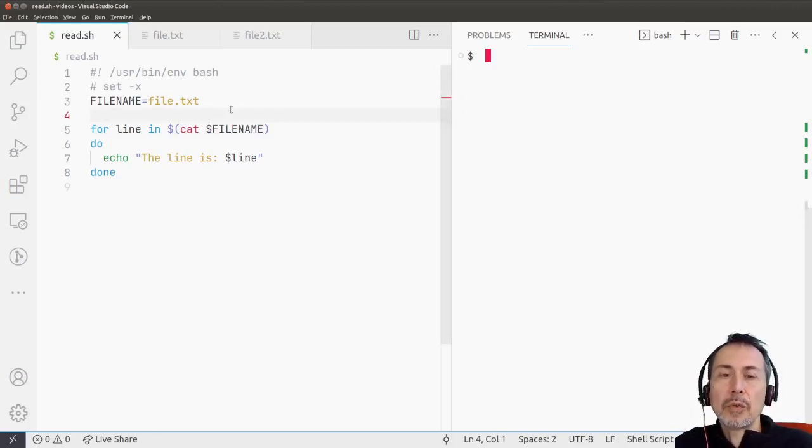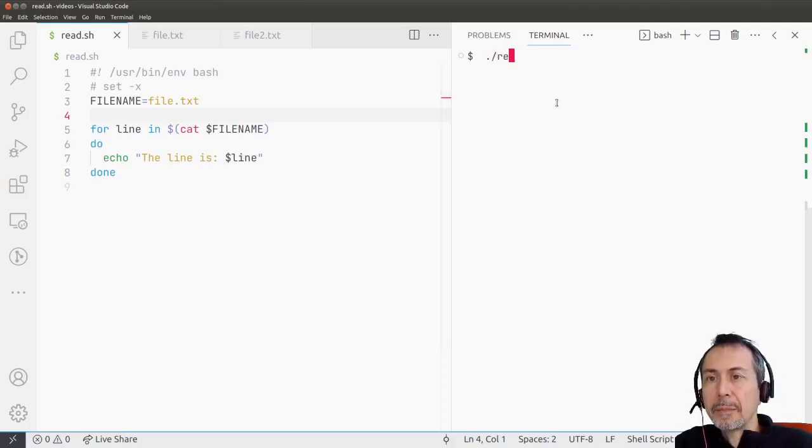The first thing that you need to consider is that here the whole file will be read into memory before processing it line by line. So for big files, this is not a very good option. But anyway, if I run that script,